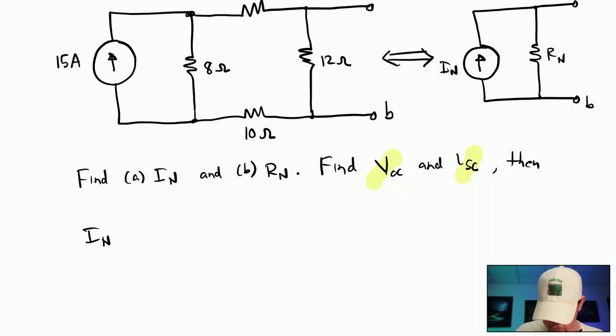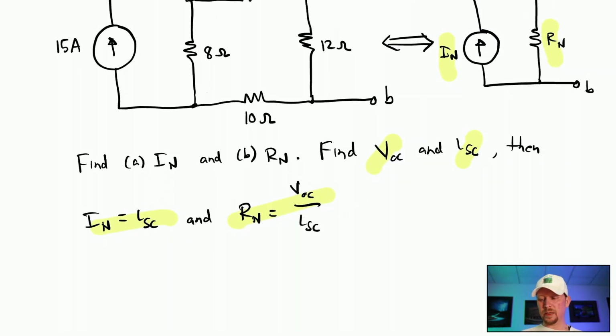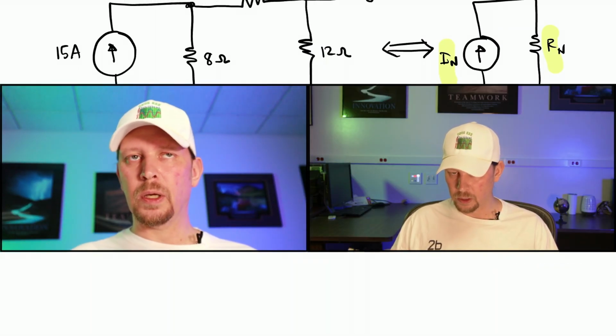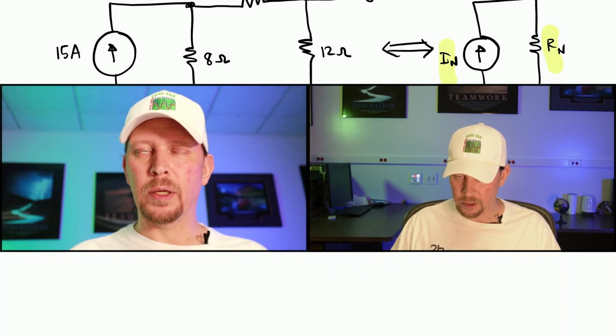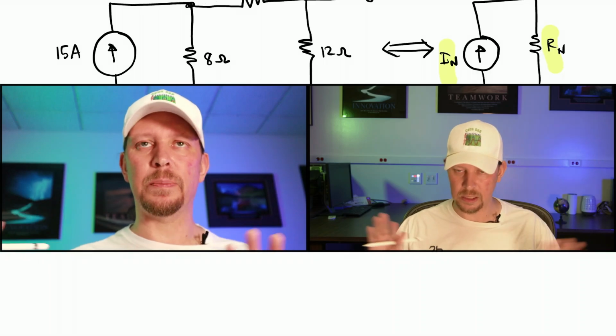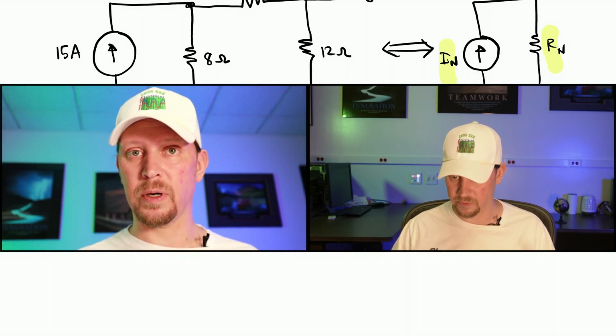that the Norton current will be that of the short circuit and the Norton resistance will be the open circuit voltage divided by the short circuit current. Right? So it is these two relationships that we will use at the end in order to find the equivalent network right there. Now keep in mind that the results that you obtain by considering the open circuit cannot be applied when you start taking a look at the short circuit. The behavior electrically of each circuit is independent of one another. That's a big mistake that I see students making quite often, so make sure that you're very, very well